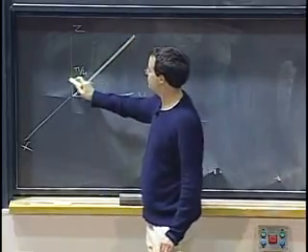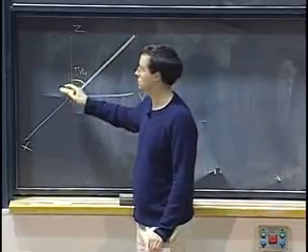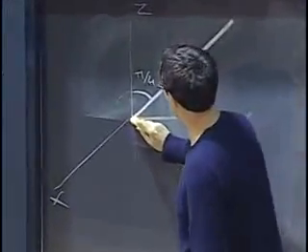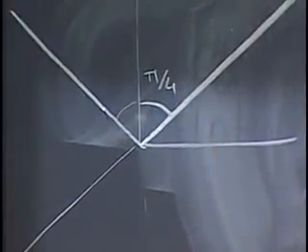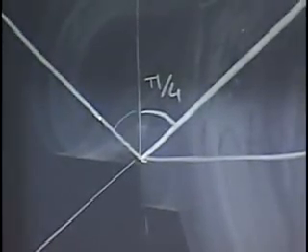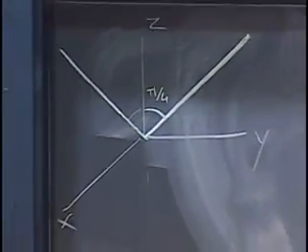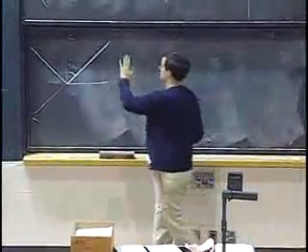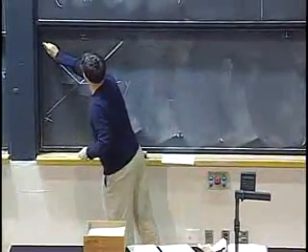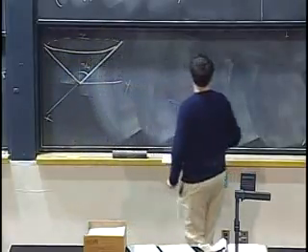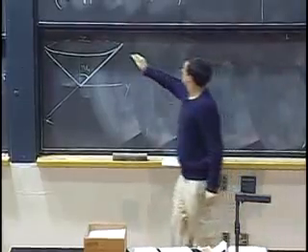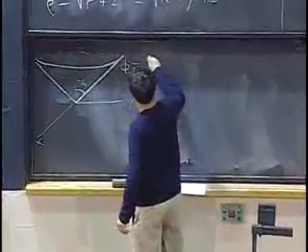Of course, if I'm in the left half of the plane of the blackboard, it's going to be the same. I also take pi over 4, and I get the other half. And because the equation does not involve theta, it's all the same if I rotate my vertical plane around the z-axis. So I get the same picture in any of these vertical half planes, actually. Okay. Now, so this is phi equals pi over 4.